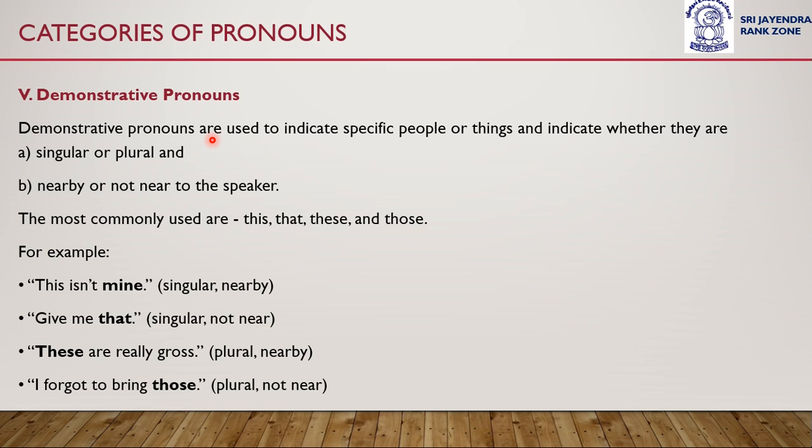Alright, I hope you have understood the use of this, that, these, and those. This is used for singular and nearby objects. That is used for singular but those objects which are far from the speaker. These is used for plural form and to demonstrate things which are nearby to the speaker, and those is a plural form which specifies things which are away from the speaker. Okay, so demonstrative pronouns are used to indicate specific people or things. Okay,